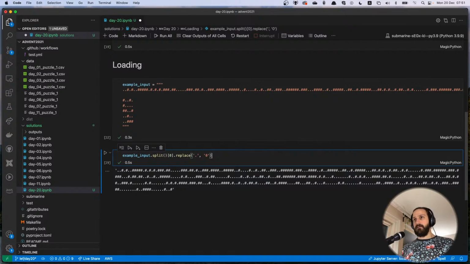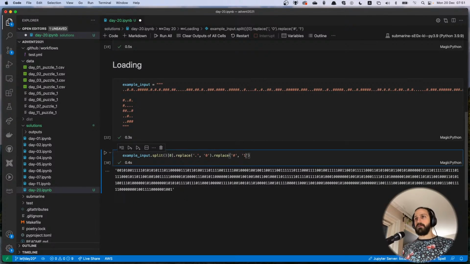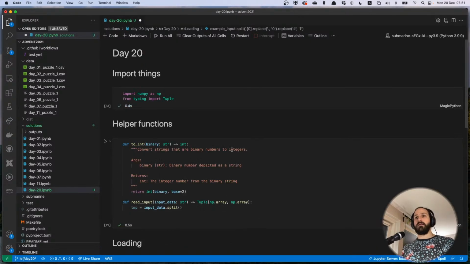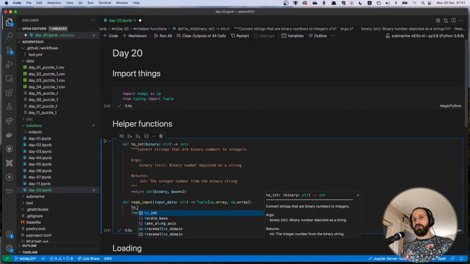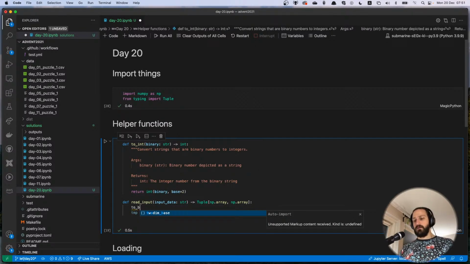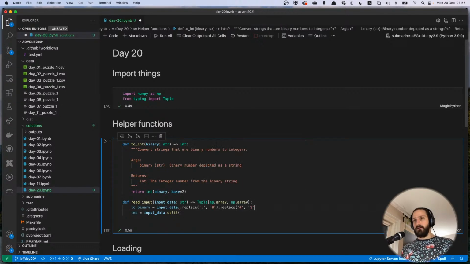And replace hash with 1, and then it looks like this, and that's perfect. Then I just copy out this one as is, and I'll do this actually in the first step here, and I'll name this binary, and we will directly convert our input data